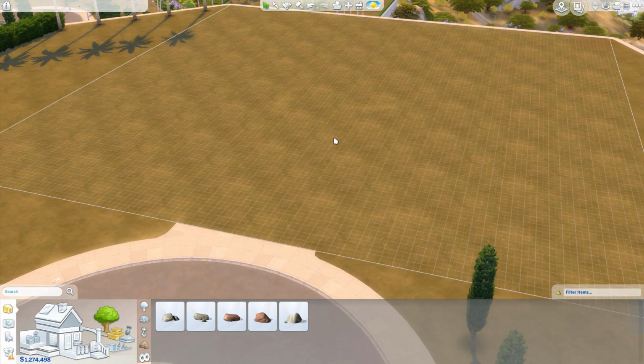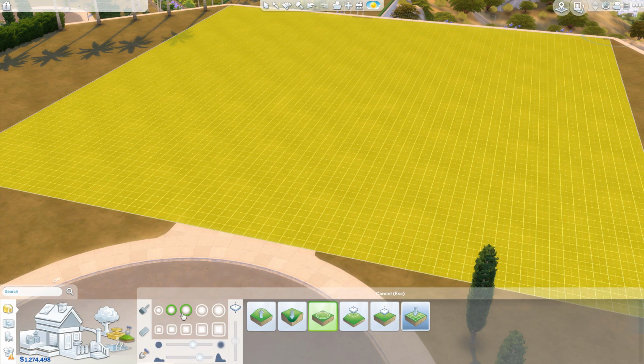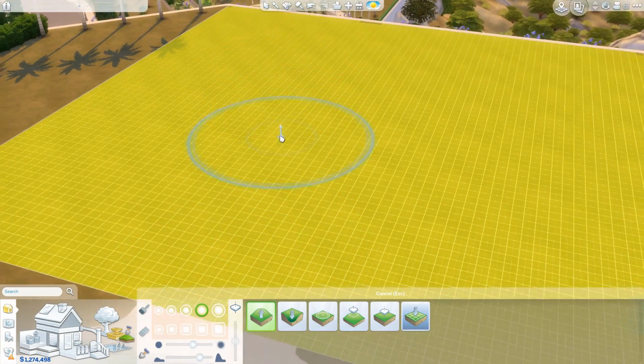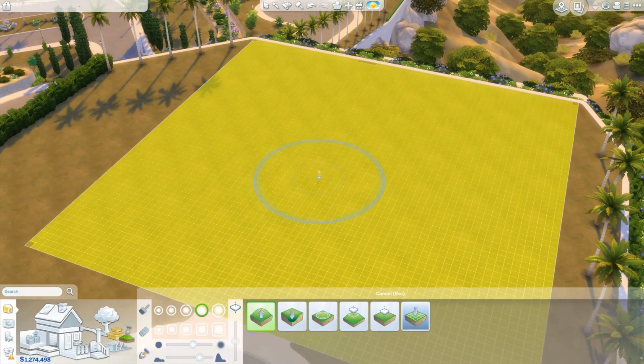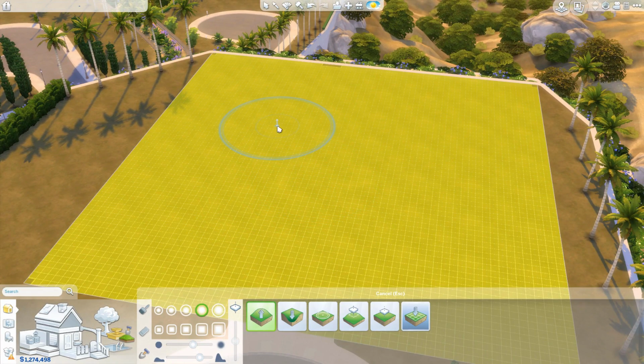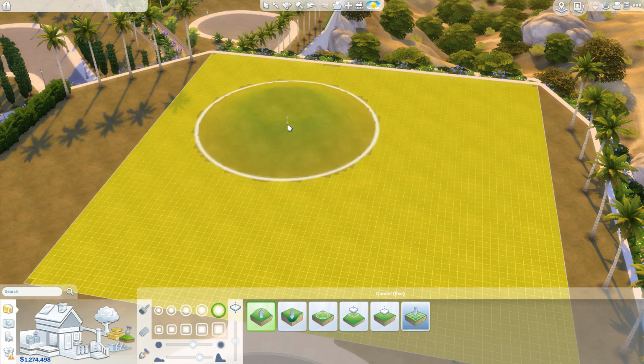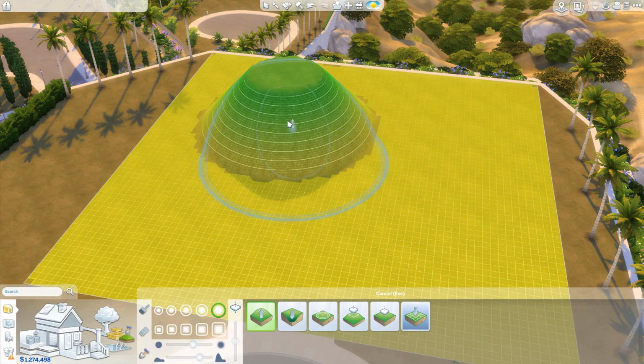Now I'm going to show you how you can build a natural looking landscape with a lot of hills. For this I'm using the circular brush, and now I'm just raising the terrain, and I do this in a very random manner. I'm not thinking about it too much, I'm just not overthinking it. I'm just starting somewhere and I'm raising the terrain over here,